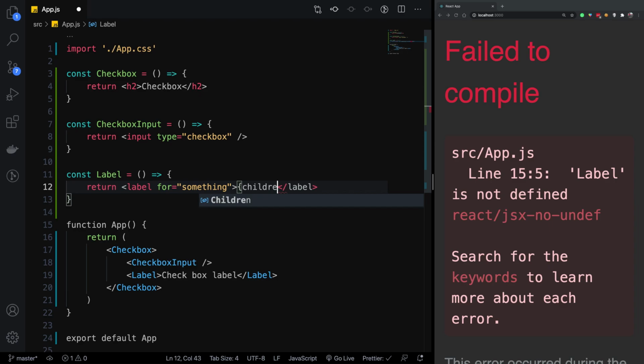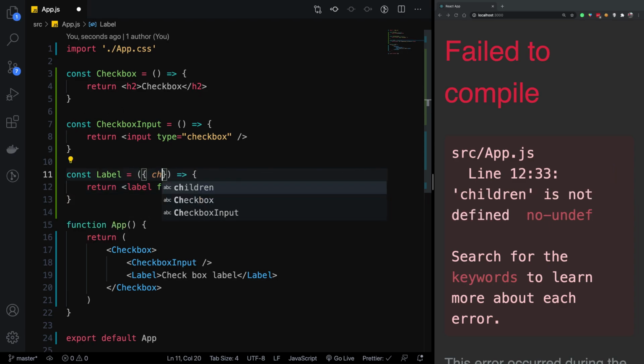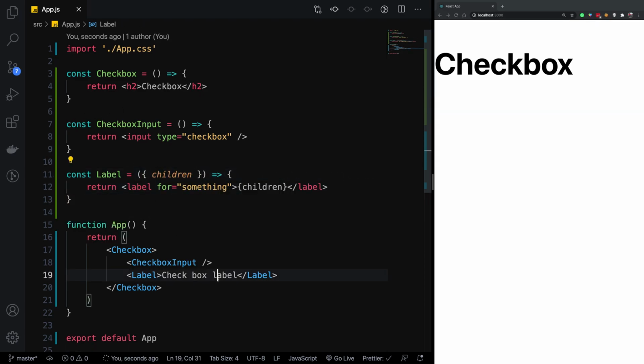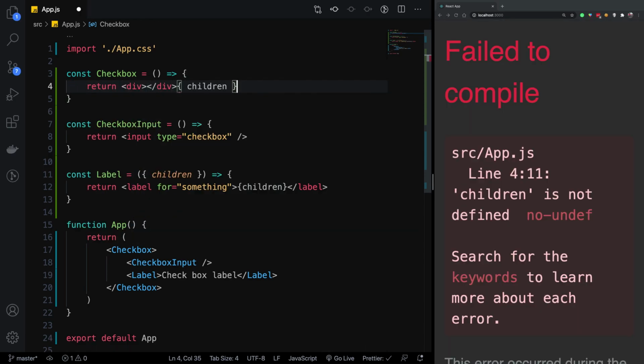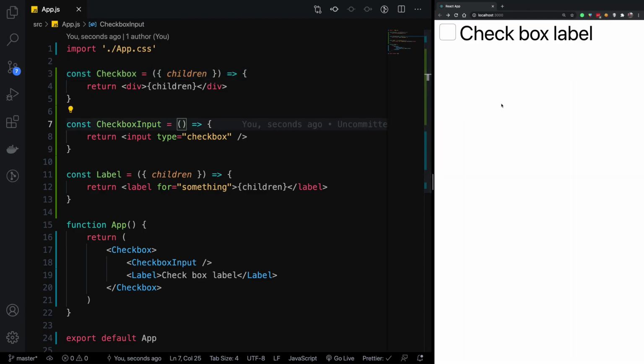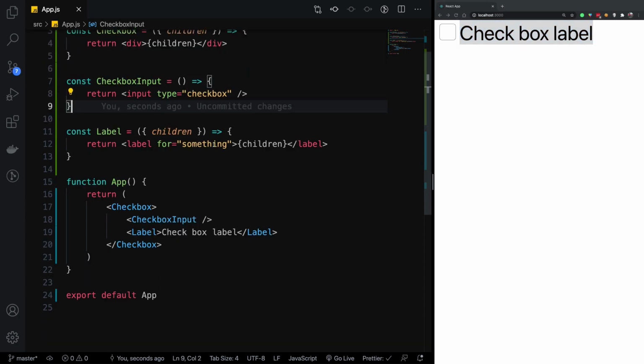And of course we can have children here which will be passed, right? So we can have a checkbox right here, and because we are not really rendering the children, it does not really happen. So we can just say children right here, inside a div probably. So there we go. And of course destructuring it. So there we go. Now you can see that we have a nice checkbox and a nice label,